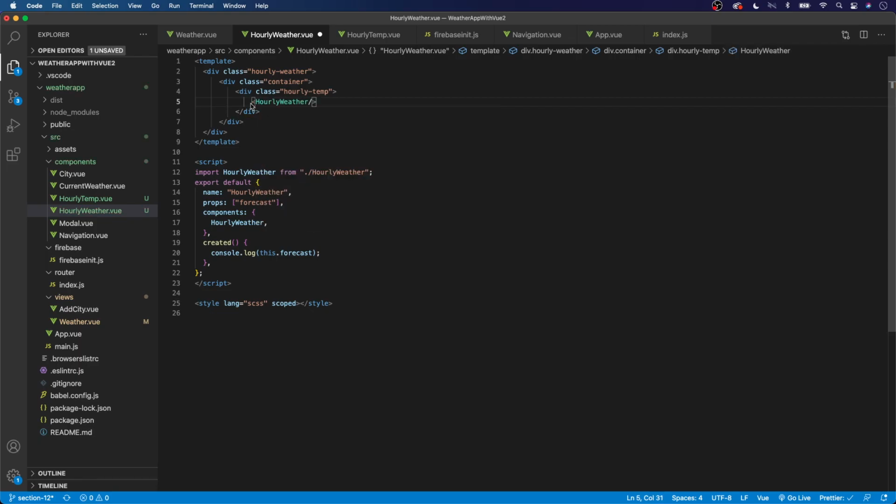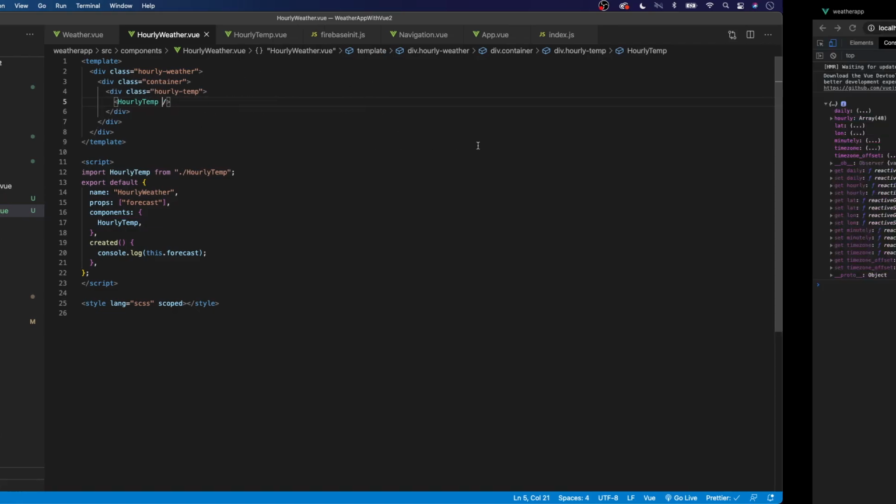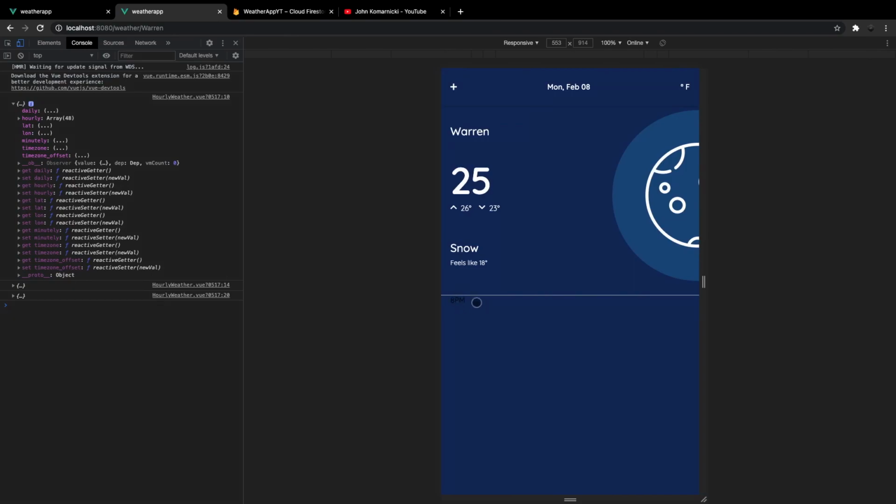So if we just say hourly weather here. Oh, you know what? We actually imported the component right into the component itself. This needs to be hourly temp, not hourly weather. My mistake. Let's just go out here and do that. So let's see here, hourly temp and hourly temp. And there we go. It looks a little bit weird. All right, so now if we head over to our application, we should see we have the one return value